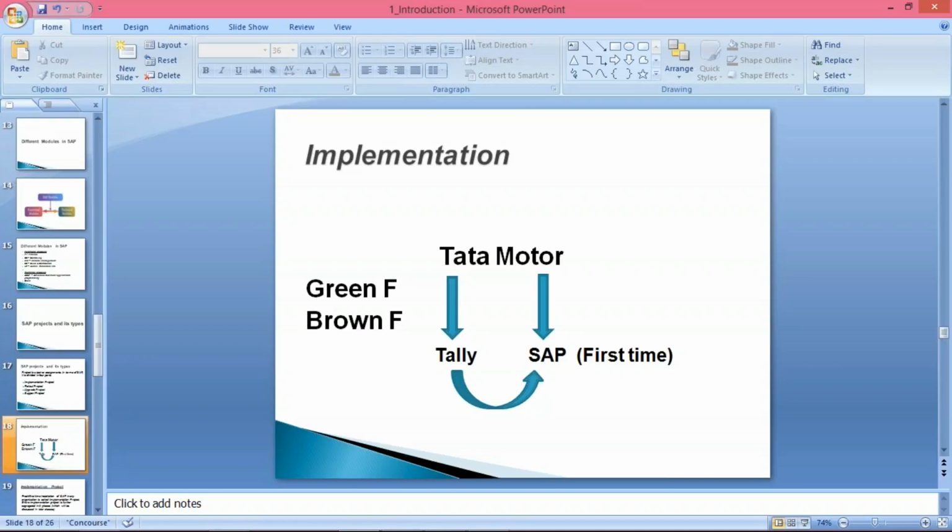So what will happen? Their plant construction will be happening somewhere. They are going to build up this plant. Somewhere, some corporate office construction is also going on, isn't it? Once this plant construction and this corporate office construction are over, and the hiring is also going on for the employees who are going to be part of Tata Motor, once all these things are finished, then how are they going to work?